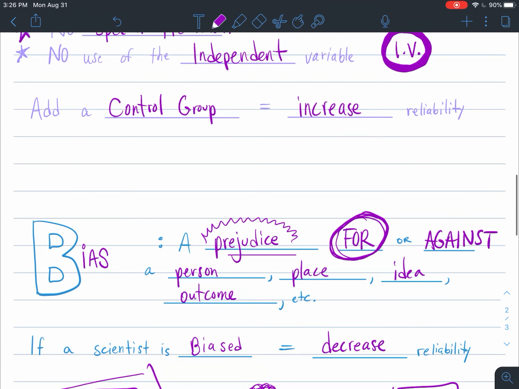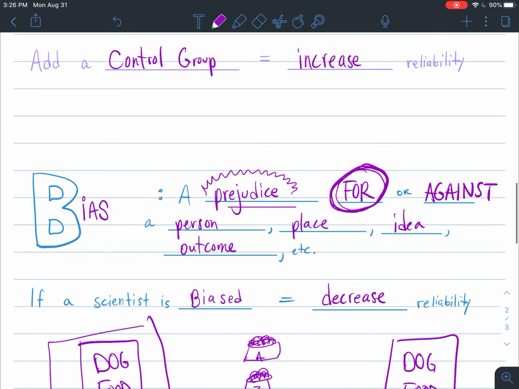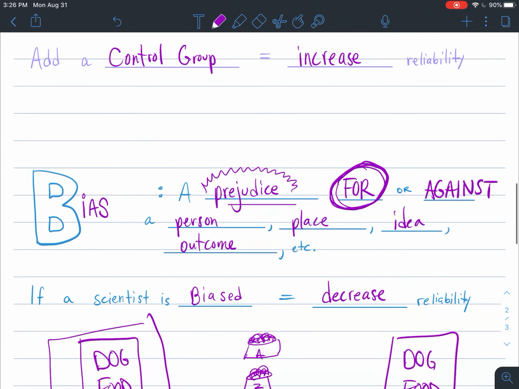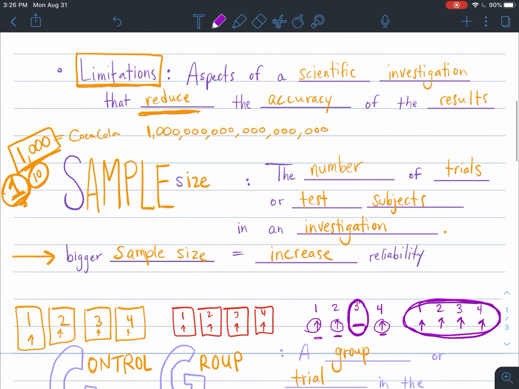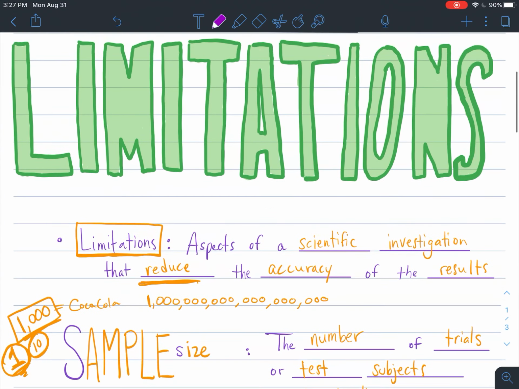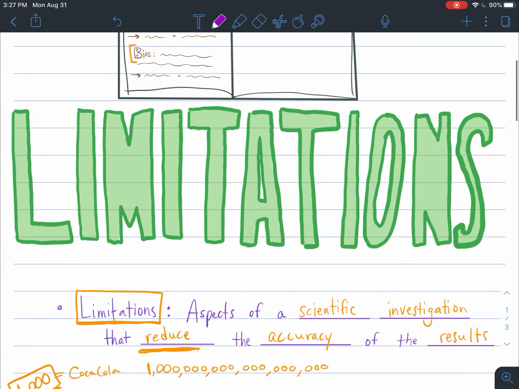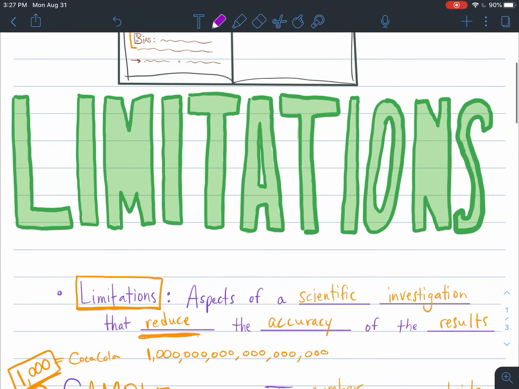So these three things are things that can affect the reliability of a science experiment. So you're always going to want to keep this in the back of your mind as science experiments happen. You're going to think, am I being biased right now? You're going to think, do I have a control group to prove that the thing I'm changing is actually making the difference? And you want to think, do we have enough trials to have a good sample size to increase our reliability? These are the considerations that we want to keep in mind so that we can increase the reliability of our data in a science experiment, and it will help us have better